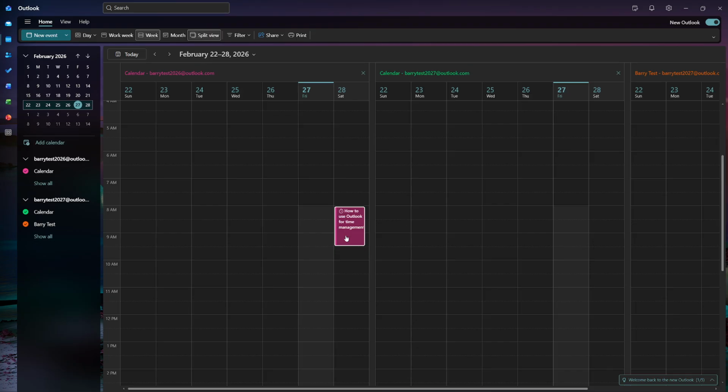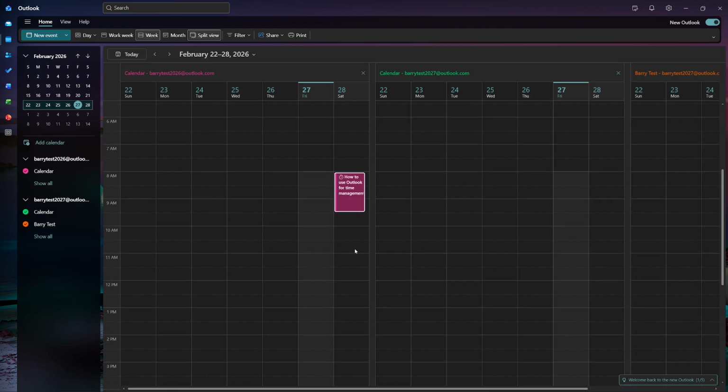By using New Appointment, naming your blocks, and setting them to busy, you build a schedule that supports deep work, focused email time,